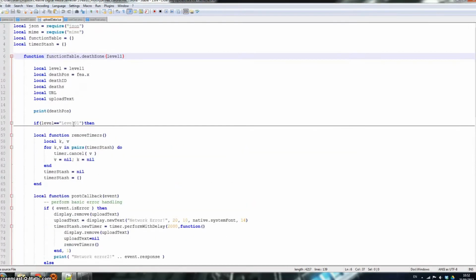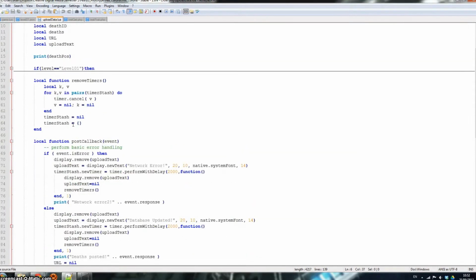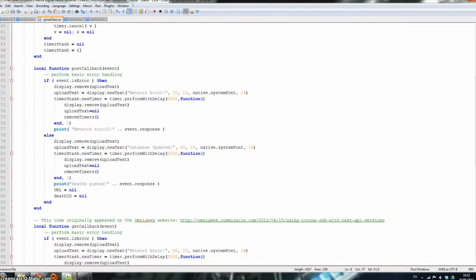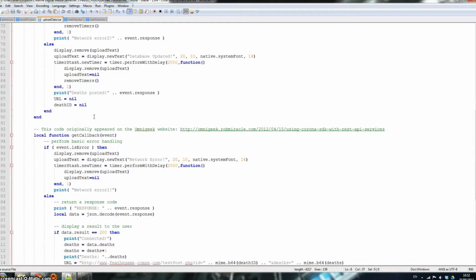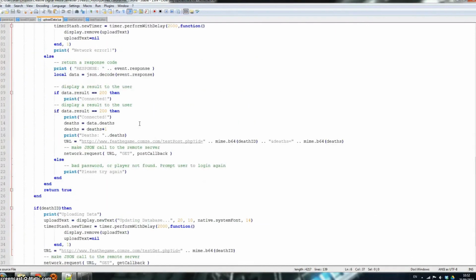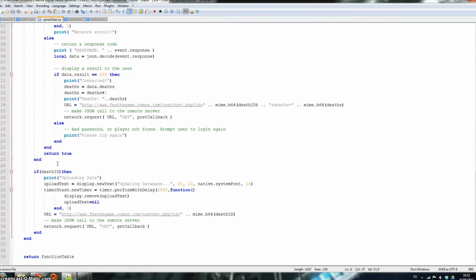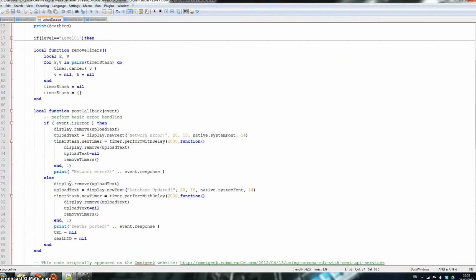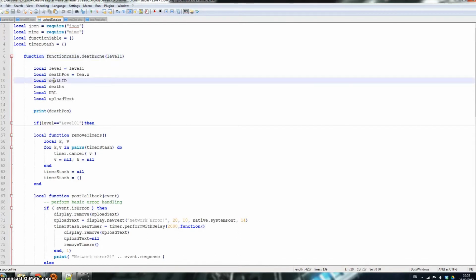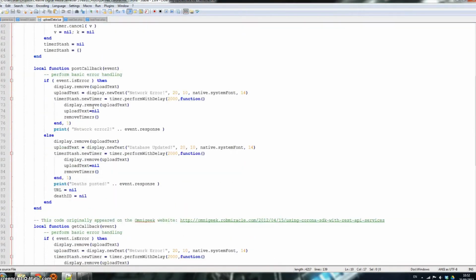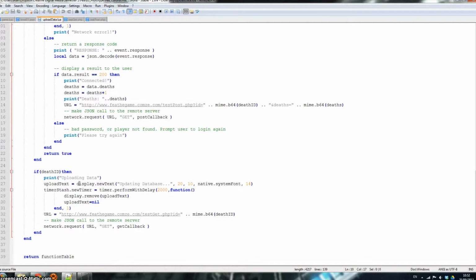What's that remove timers thing doing? That's just a function for the text. As with any Lua Corona file, start at the bottom. So if there is a death ID from here, then upload the data. So display the text, put a timer on it, remove the text after 2 seconds,